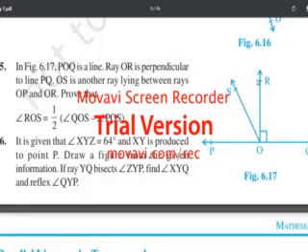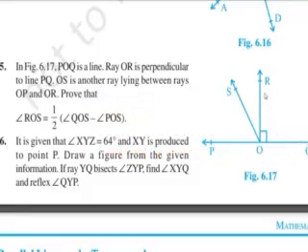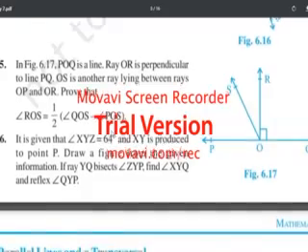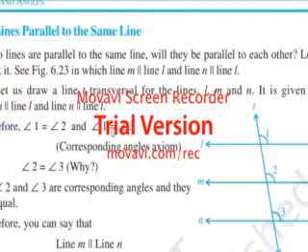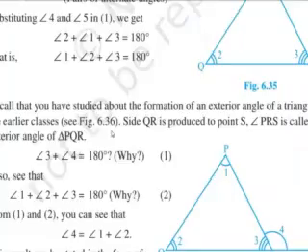So what will happen? 2 angle ROS will become what? ROQ plus ROS. It will become QOS. So 2 angle ROS is equal to angle QOS minus angle POS. And when 2 goes to that side, of course, it will divide the whole. So it will become 1 by 2 times angle QOS minus angle POS. I hope that many of you might not have understood because it is oral, so I will go to the solution which I had sent to everyone.